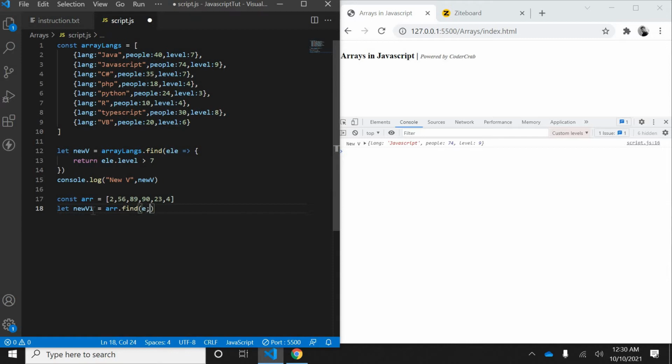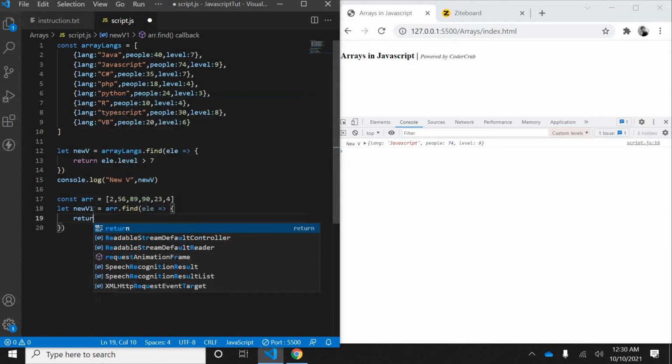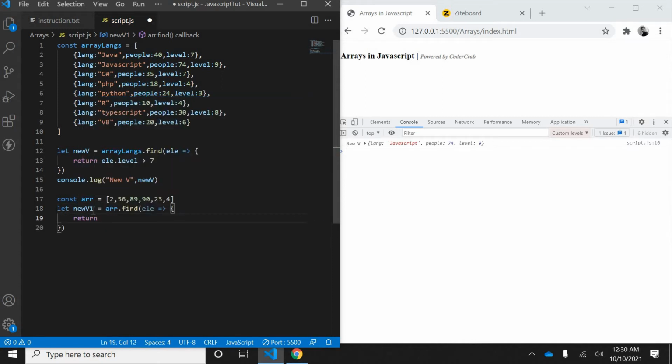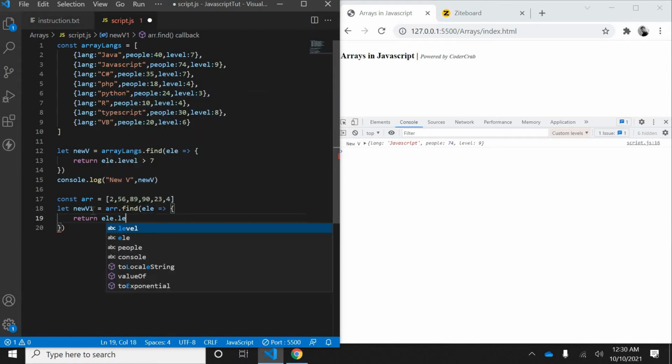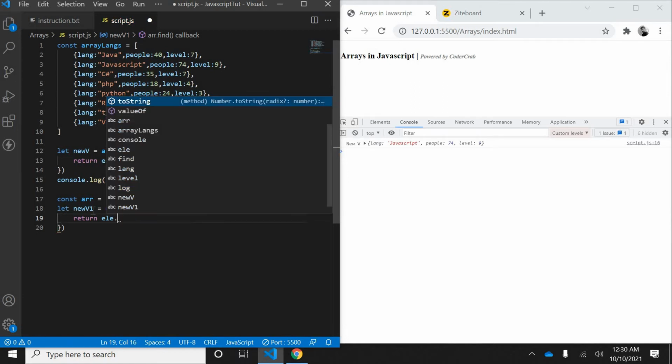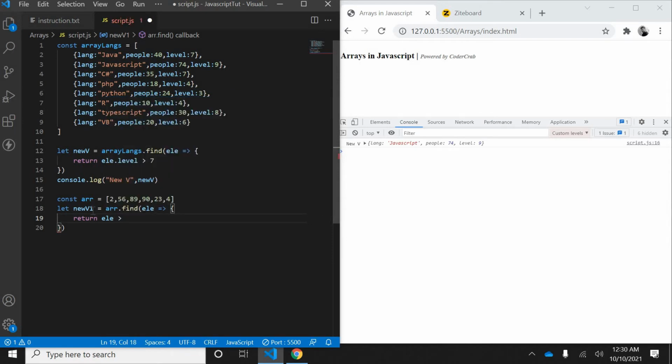Inside that, ele, then return ele is greater than 50. It's not level, this is a simple array. So we are returning this.